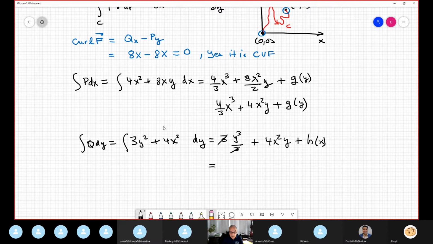This is 4/3 y cubed plus 4x squared y plus h of x. So now, in order to determine what is the original potential function,